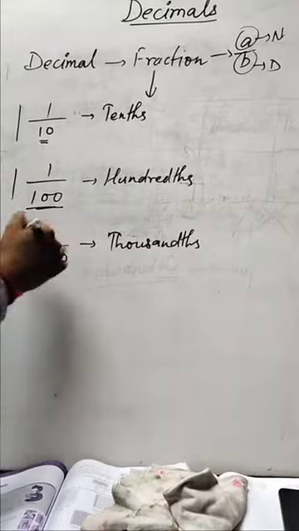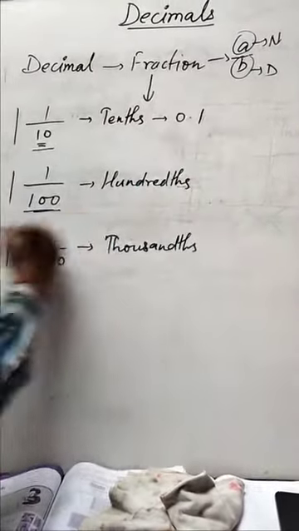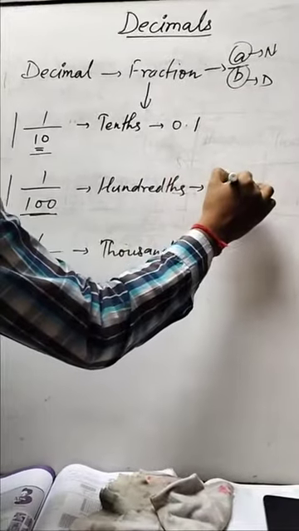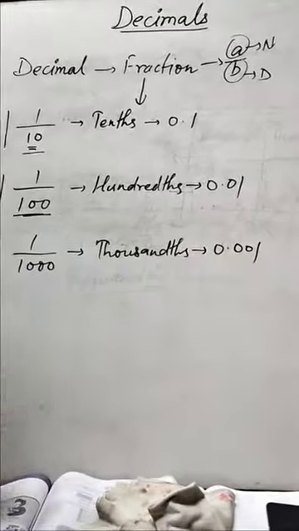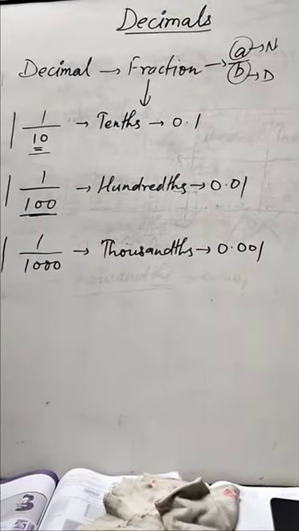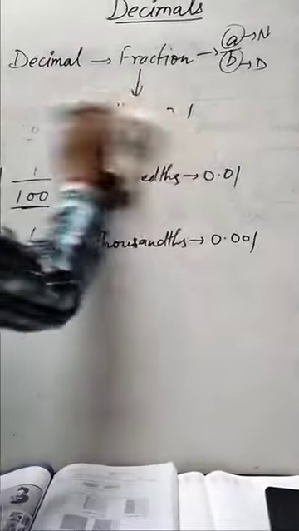Okay, you can write these numbers in this form. This is a decimal number form, and this will be 0.001. Okay, I hope this will be helpful for you. Now next we will see some examples.